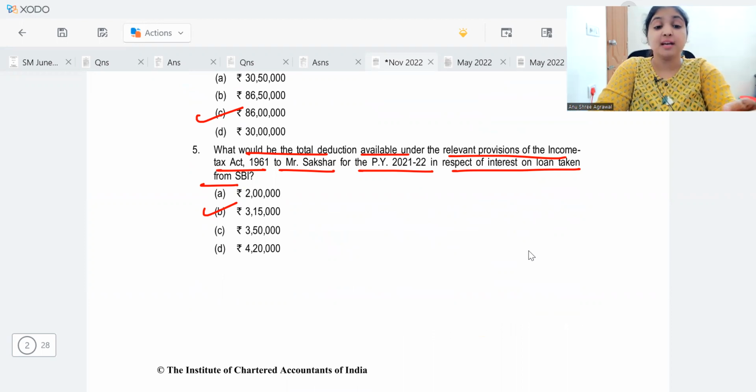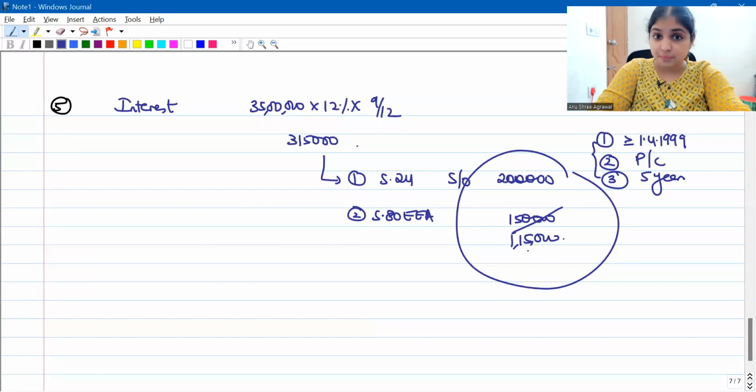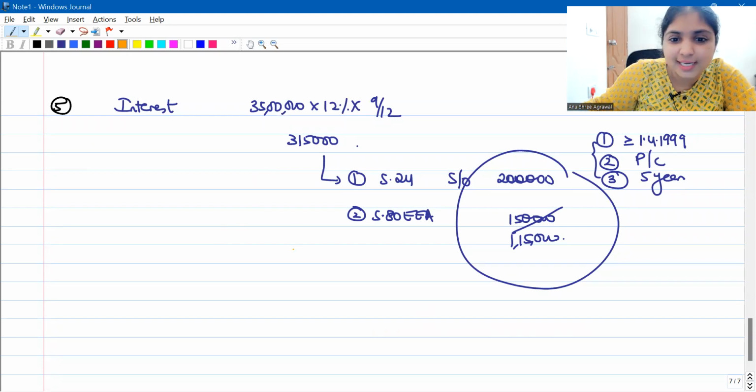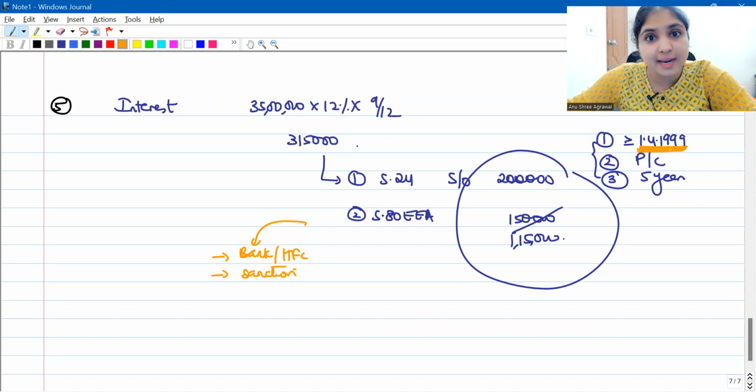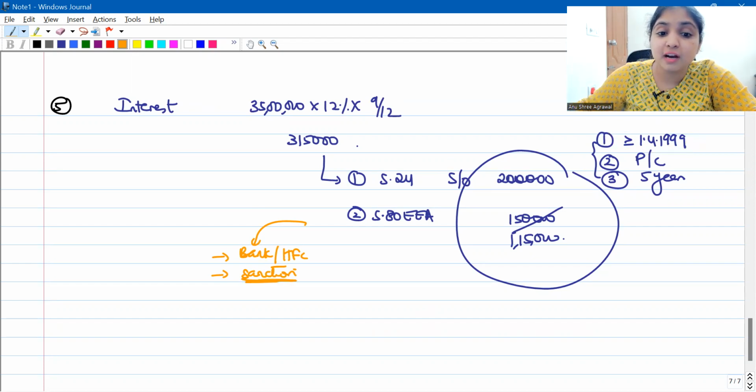A very good question. You must have had a great learning regarding 194 IC and 45 5A specified for these. Right, 80 EEA conditions. Once again, I'll tell you, listen carefully. You should have borrowed the loan from whom? Either from a bank or from the housing finance company. You should have borrowed the loan when? What is the date of sanction of the loan? See, when you talk about 1st April 1999, this is the date of borrowing. But here in 80 EEA, we talk about the date of sanction of the loan. The date of sanction of the loan should be in the period 1st April 2019 to 31st March 2022.